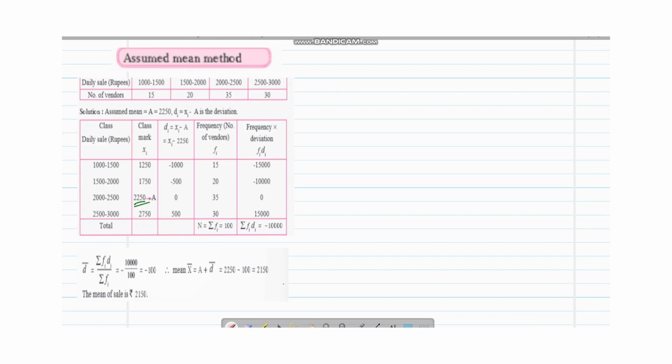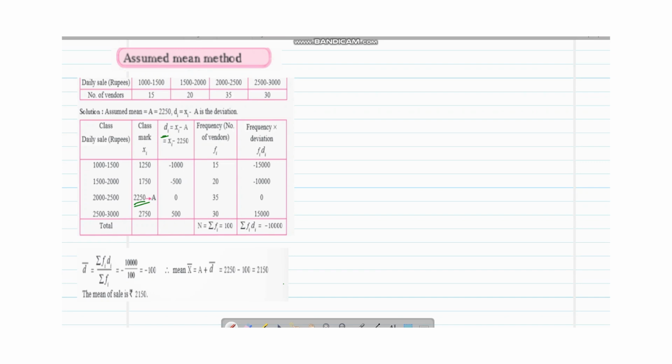Assume mean जो आप करोगे वो आपका mid में से कोई value होगी. जैसे यहाँ पे दो mid value है तो इसमें आप इसको भी assume mean ले सकते थे, इसको भी ले सकते थे. ठीक है, इन्होंने इस number को assume mean ले लिया कि हमारा assume mean ये है. ठीक है, अब हम देखेंगे कि class mark कितना deviated है इस assume mean से. तो यहाँ पे लिखा हमने deviation के लिए d. अब deviation d का formula है xi में से आपको minus करना है assume mean. अब इसके ऊपर जो terms होंगी वो हमेशा negative में आती है, इसके नीचे जो terms होंगी वो positive आएंगी.